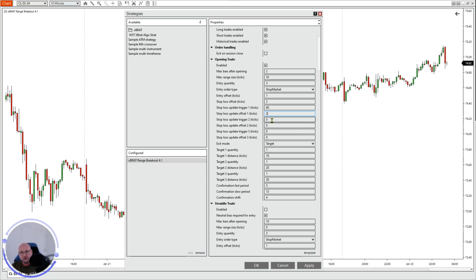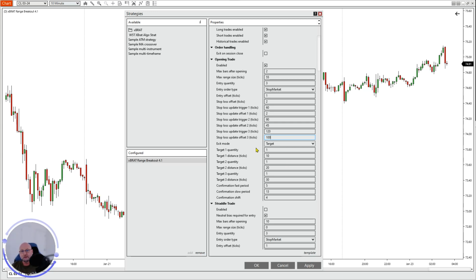So then we're going to start to be a little bit more aggressive. So at 90, we're going to lock in 45 ticks. And then at 120, we're going to go even more aggressive and lock in 100 ticks. Okay, so that's our stop loss adjustment. You need to be quite conservative and allow this thing to run when it does break out. You will get some losers this way, but predominantly you'll hit the bigger runners by giving it time to breathe